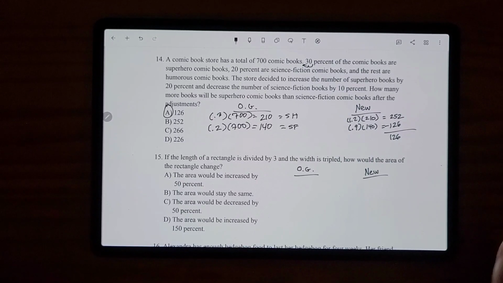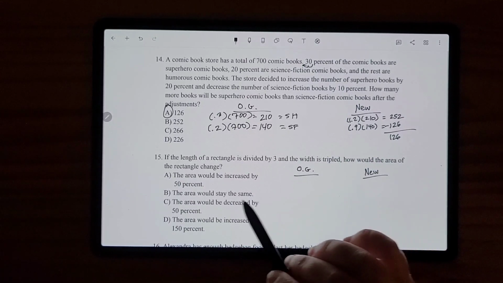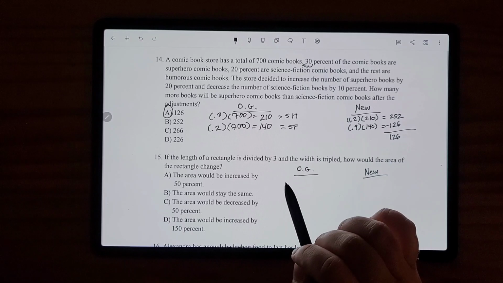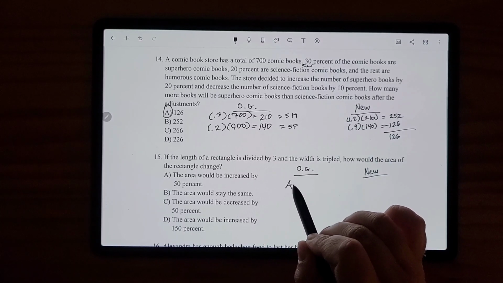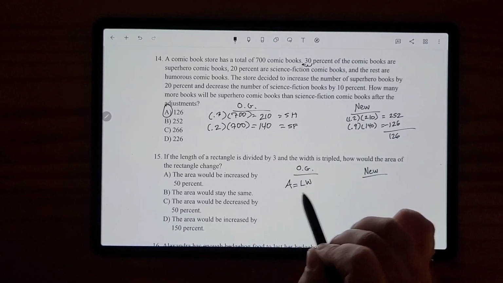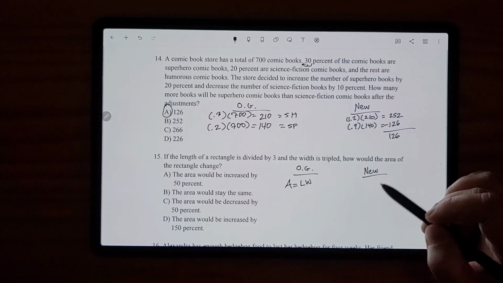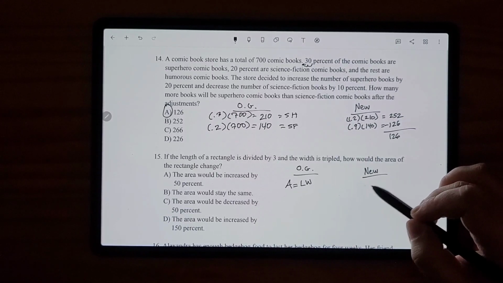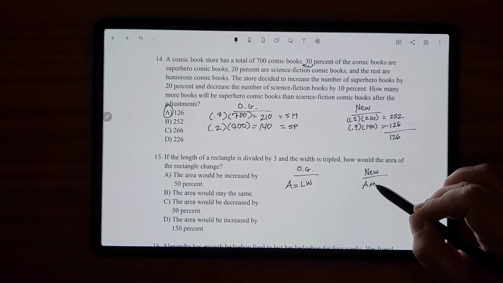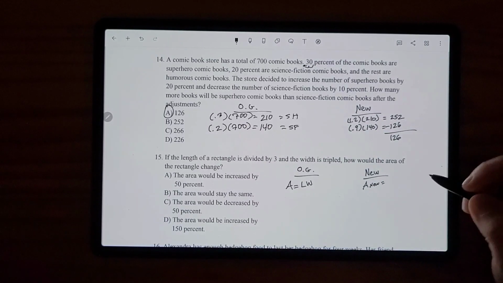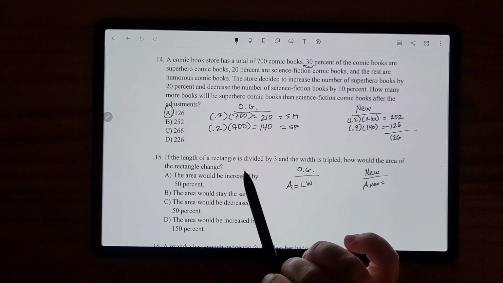Pause to read if you haven't already. So we're finding out how the area has changed. So let's talk about the original situation, which we'll just use the regular formula we're used to: area of a rectangle is equal to length times width. Now in the new situation, the new area, which I'll say is A new, the length of the rectangle is